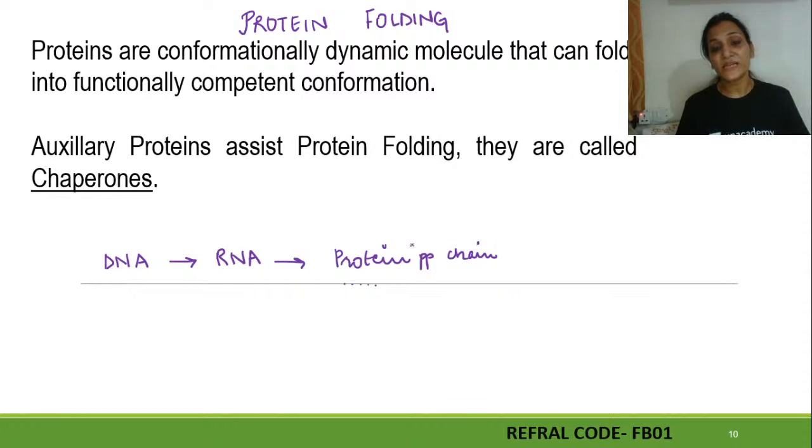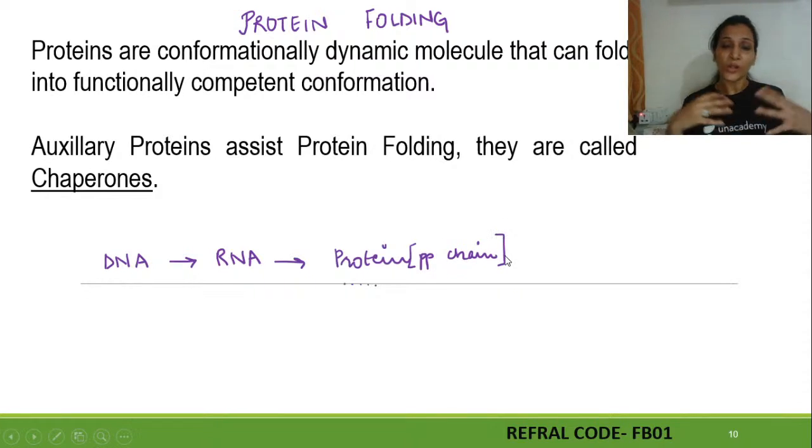And a polypeptide chain is not directly eligible for performing all the functions allotted to that sequence. It's just a sequence which is randomly lying. It has no use if it is not properly folded. So protein folding is everything when it comes to phenotypic expression of a particular gene. If protein is being formed, it means that gene is working properly. But if that protein does not attain a proper three-dimensional structure, it won't be of any use. So protein folding is what makes the main difference, and it is most important in its action.